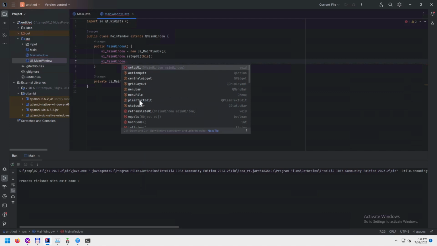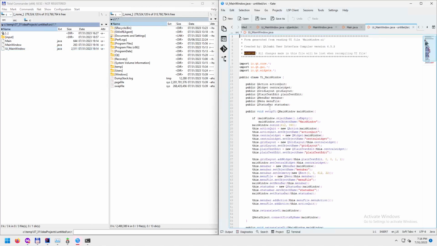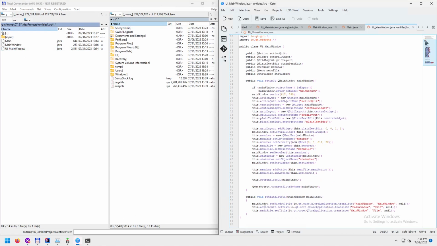The exit widget. Let's look. This thing, action quit. QAction quit. So the